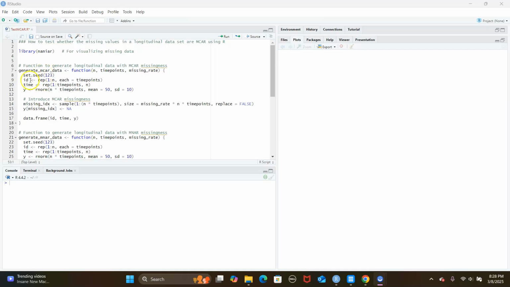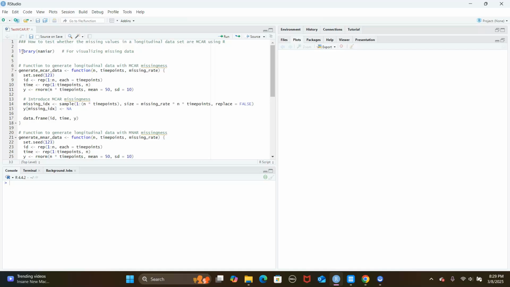For these missing data mechanisms, there is a hypothesis test to test whether the missing data is MCAR or not. But for the MAR, missing at random assumption, there's no test. It's impossible to have a test because it would rely on unobserved data. So in this video, I want to show you how to carry out the test for missing completely at random in R. And we need the library